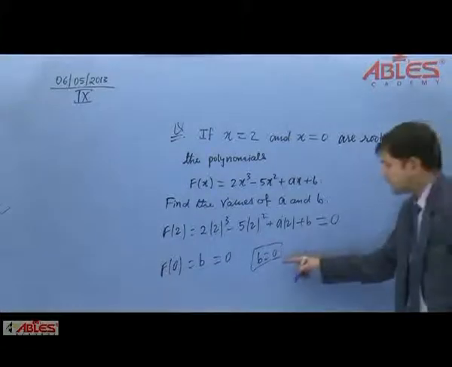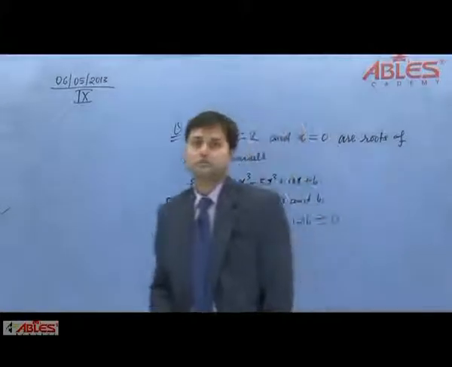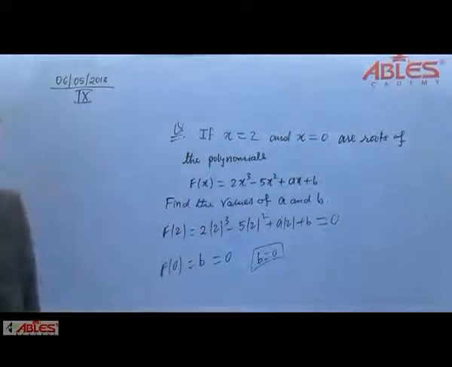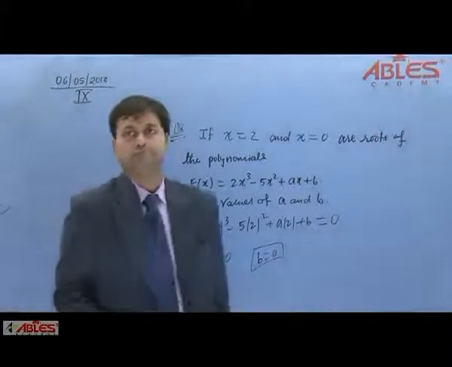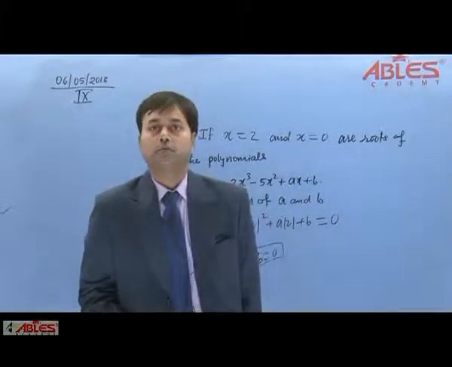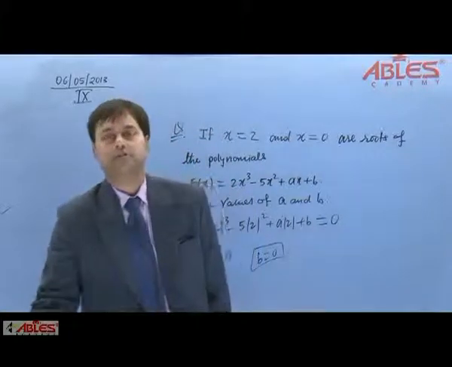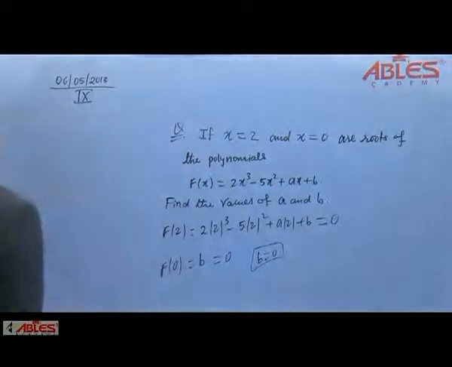Now we have to use this answer in the first equation in order to get the value of a. Okay students, so from some centers I am getting values of a and b here, that is b equals to 0 and a equals to 2 we should get. Okay students, so b equals to 0 is the right answer, but we are not getting a equals to 4, it should be a equals to 2. Okay students, so you should check your answer.